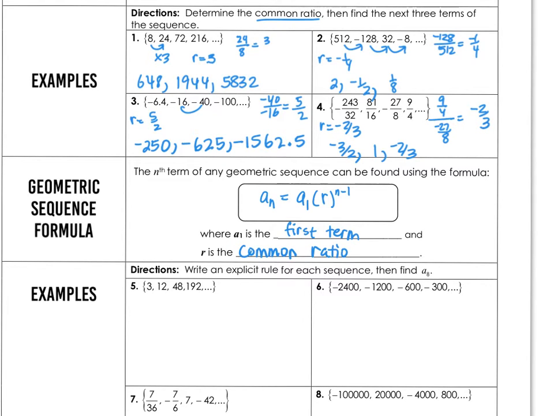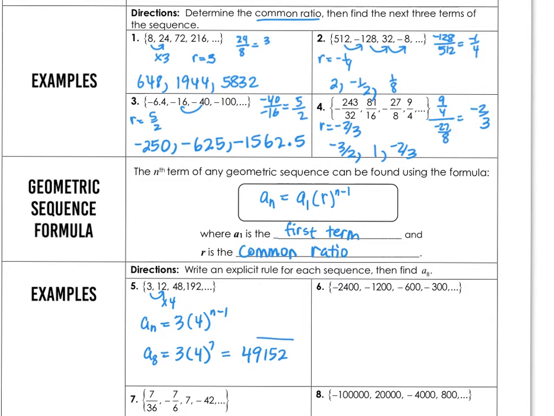So let's look at these examples. We want to write an explicit rule for each of these and then find the 8th term. So notice, I can easily tell they're saying times 4 here. So that means my nth term is found by taking the first term and multiplying by 4, n minus 1 times. So pretty straightforward. If I want the 8th term, this is 3 times 4, 7 times. And if you plug that in your calculator, you get